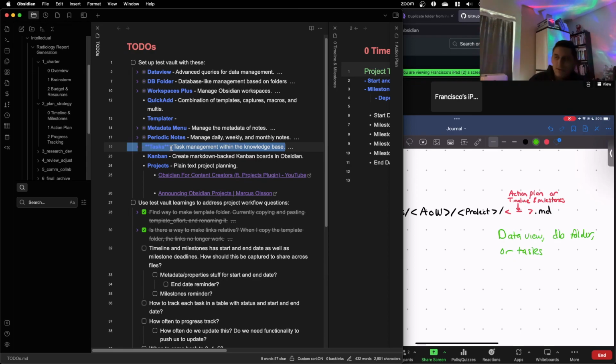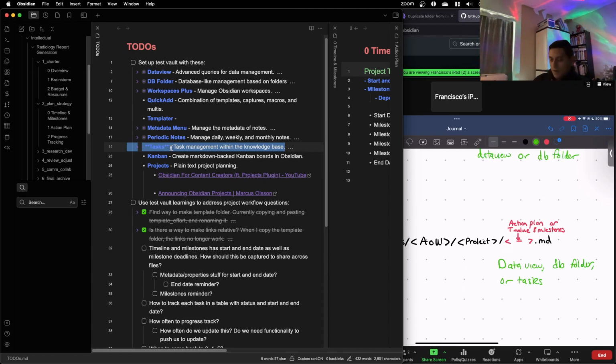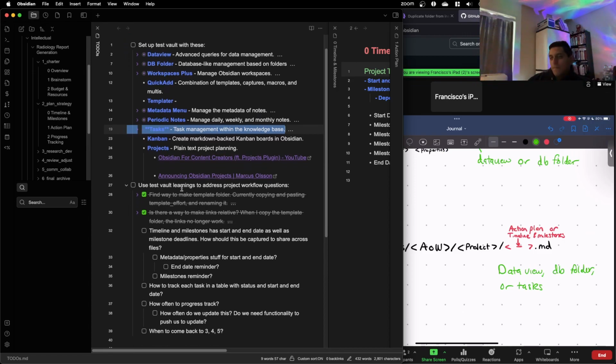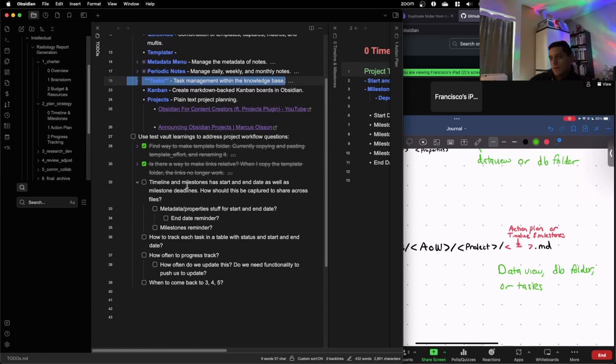Kanban maybe, but not necessarily. Not at the core. So timeline and milestones. How should this be captured across files? Each task in a table.